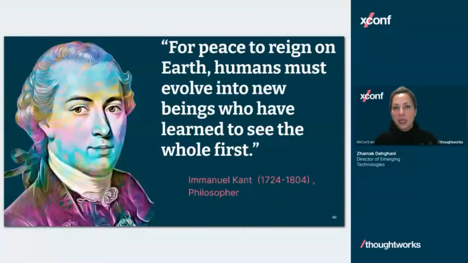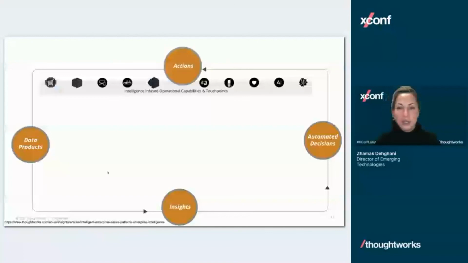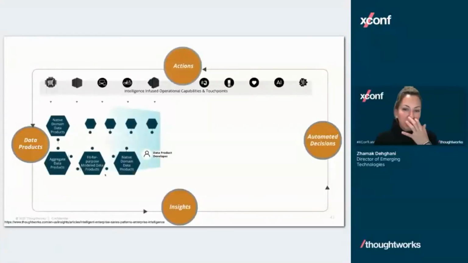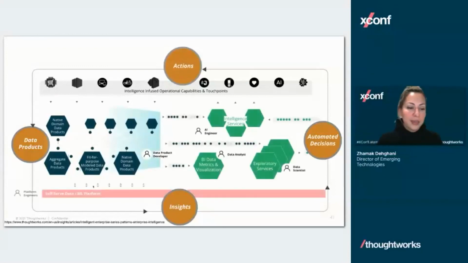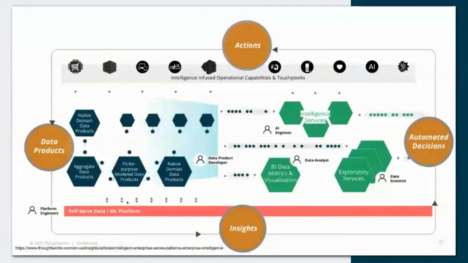So let's talk a few words on that. So the bigger picture of an organization, this is a model that ThoughtWorks has implemented, is really evolving around this loop, around this, we'll call it the intelligent enterprise, a cycle of intelligent enterprise, or something along those lines. Sorry if I butchered it.